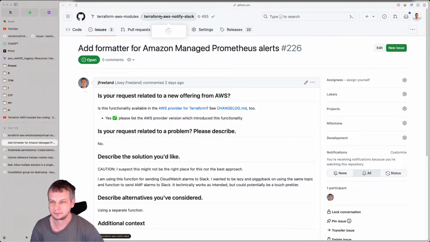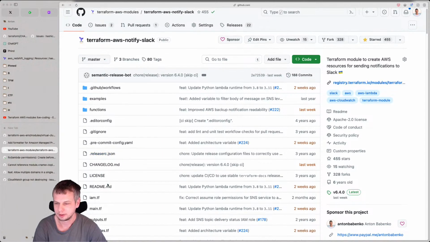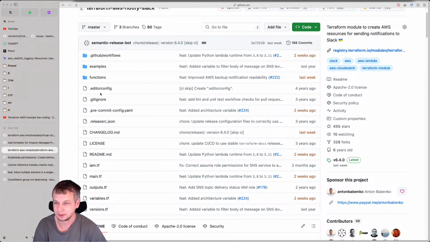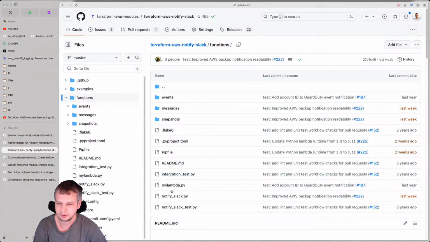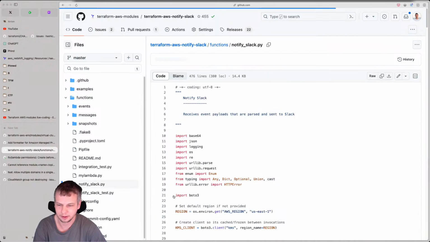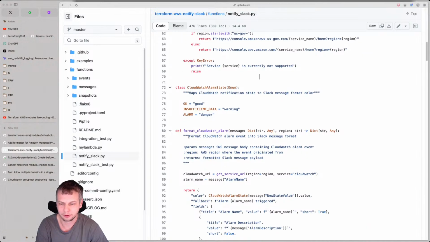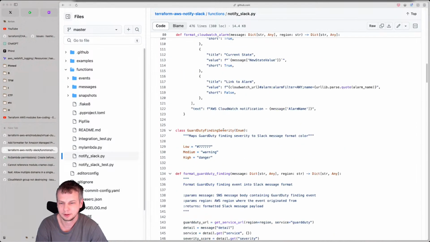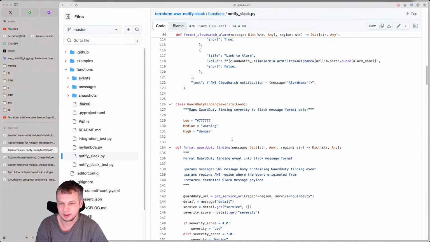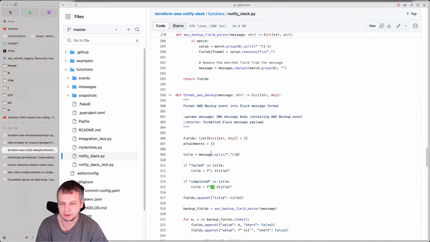Right, so let me look into the code just to understand if it is actually scalable so much or not. So we have already a notify Slack function where we add different types of formatters: format CloudWatch alarm, GuardDuty, and AWS Health, and so on.